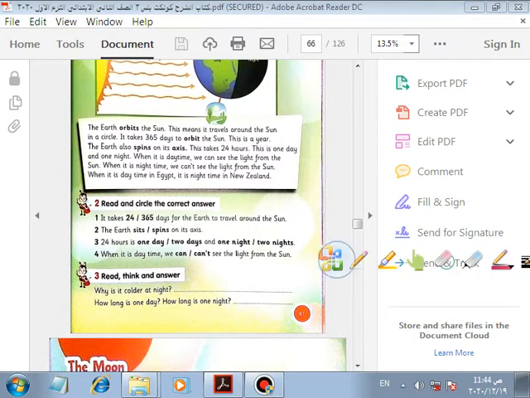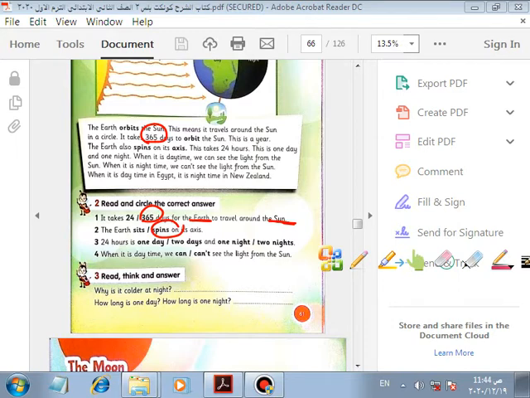Read and circle the correct answer. It takes days for the Earth to travel around the sun. It takes 365 days. The Earth spins on its axis. Spins means go in a circle.